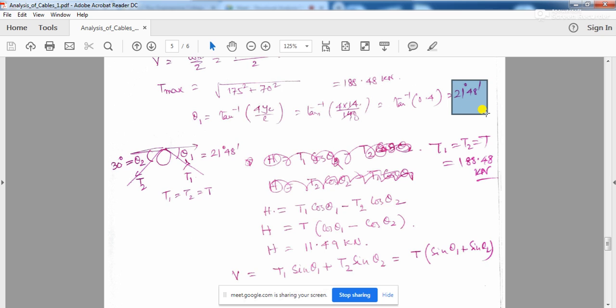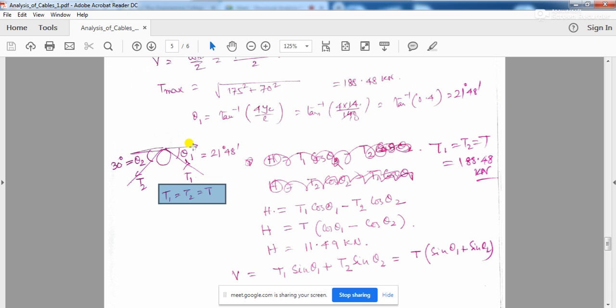So if we resolve those forces along the horizontal direction and along the vertical direction, that means if we resolve this T1 and this T2, which are ideally equal, that is T1 is equal to T2 is equal to T in case of a frictionless pulley,